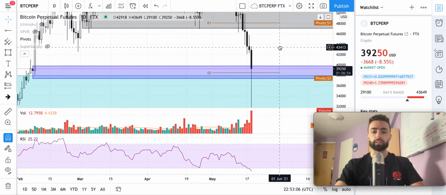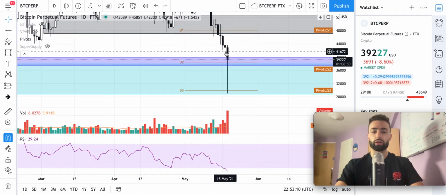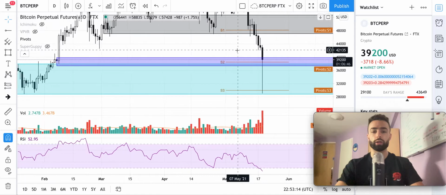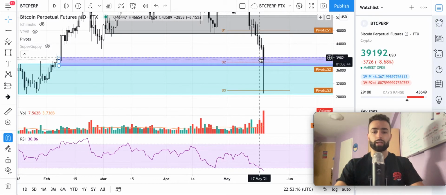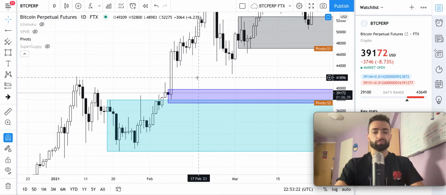So if we look at the daily time frame, we can see today's daily candle is pretty gruesome, going from about 43.6 down to 29.1. We're operating on top of this dark blue zone here, which is this candlestick back here from